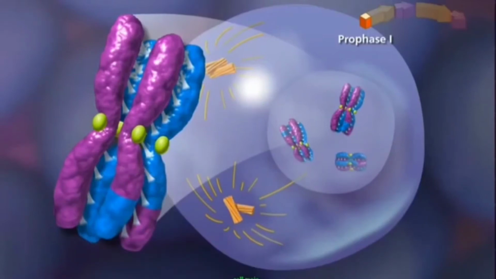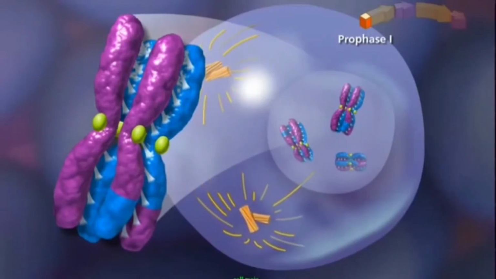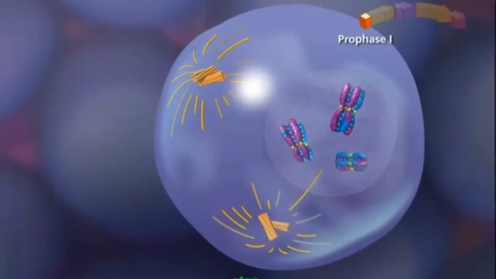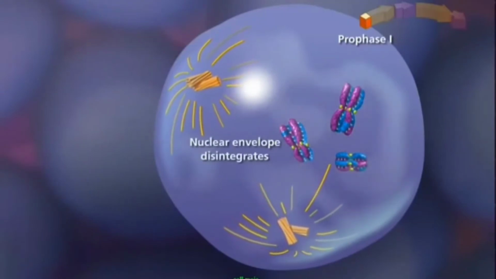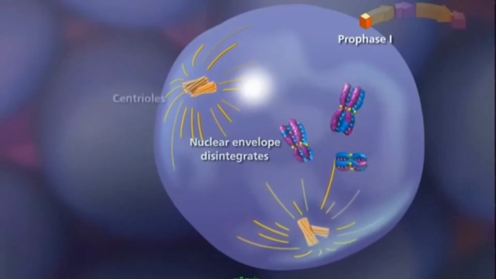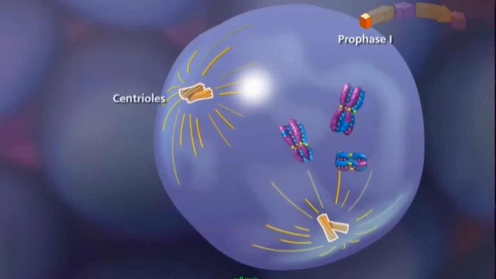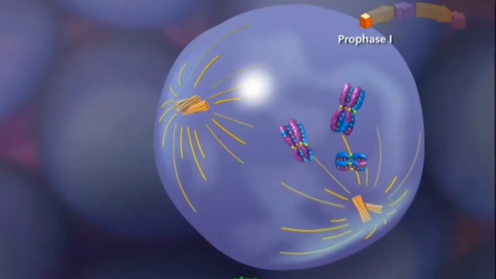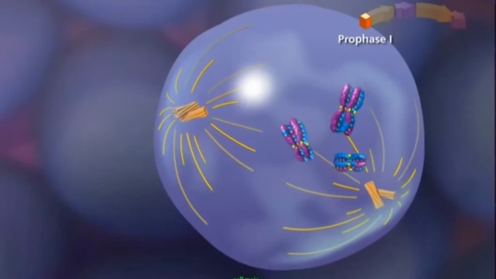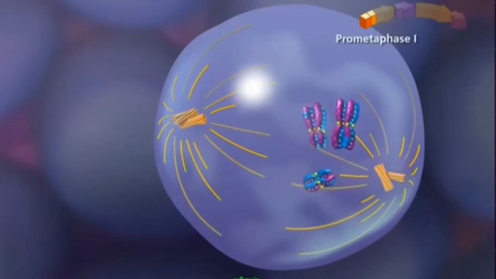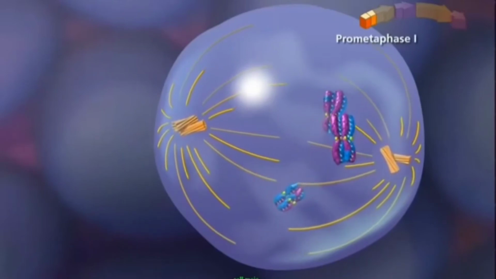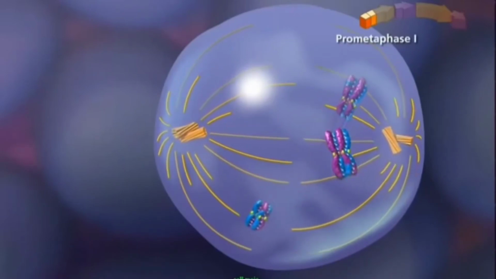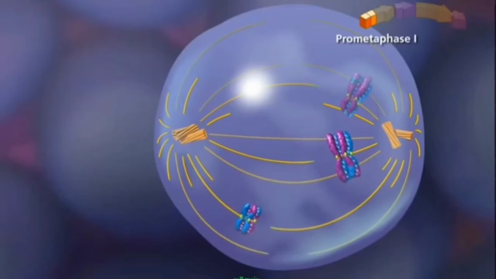Prophase I concludes with the fragmentation of the nuclear envelope, as the duplicated centriole pairs move to opposite poles of the cell. As they move, the centrioles extend spindle fibers, forming the meiotic spindle. In prometaphase I, with the paired centrioles in place, the meiotic spindle is fully formed. The sister chromatids attach to the spindle fibers by their kinetochores.